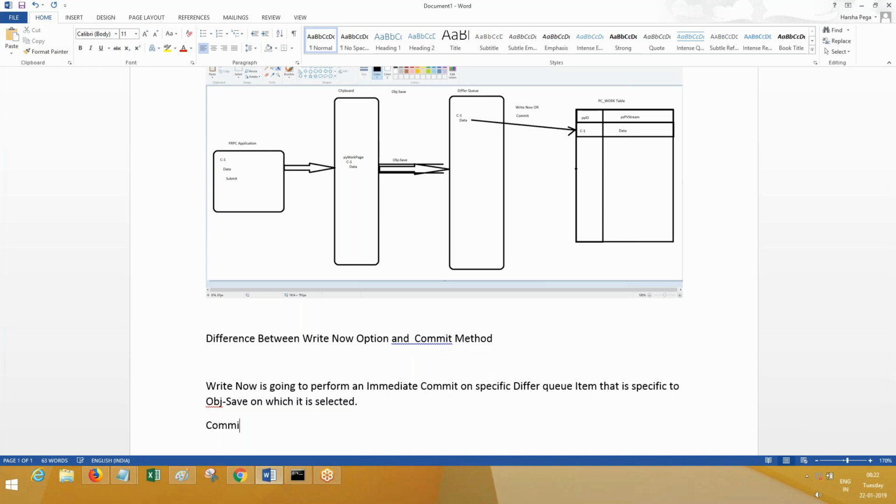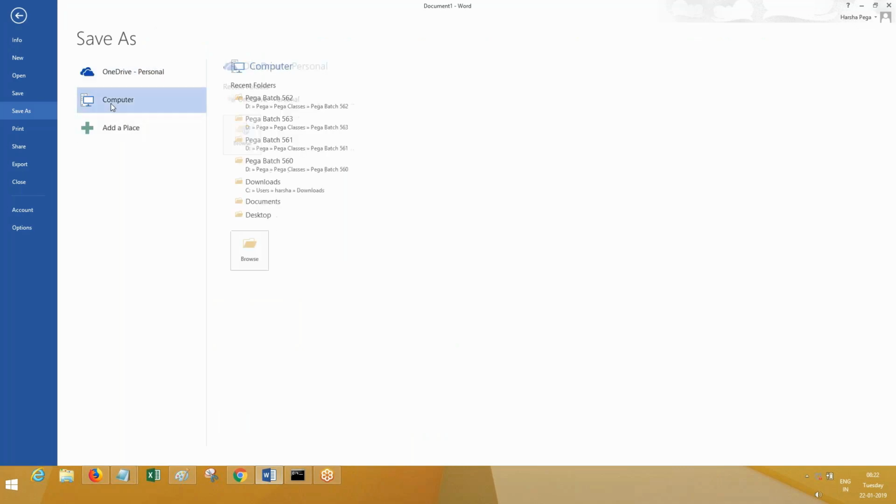Commit method is going to commit the entire defer queue in the transaction. No, it is OTB internal design of Pega.